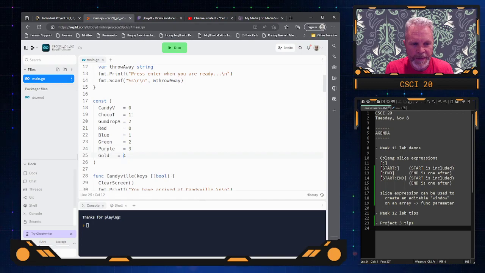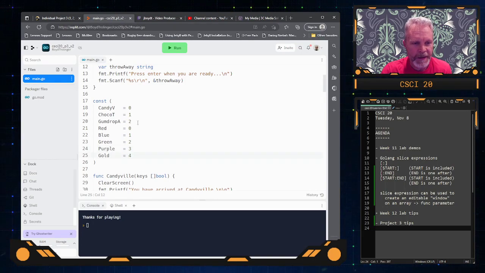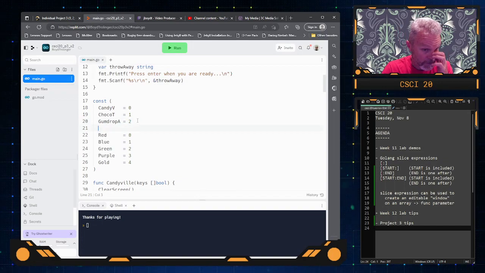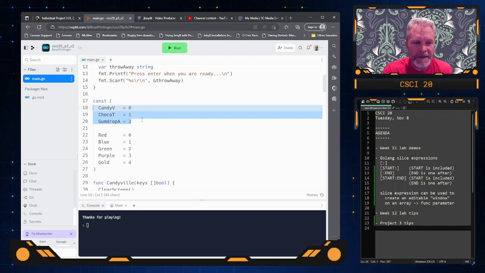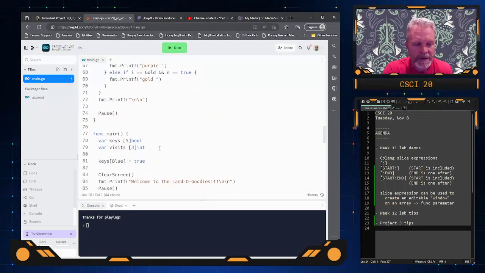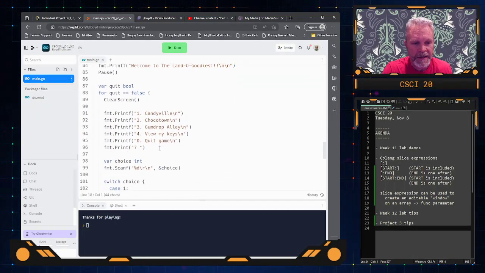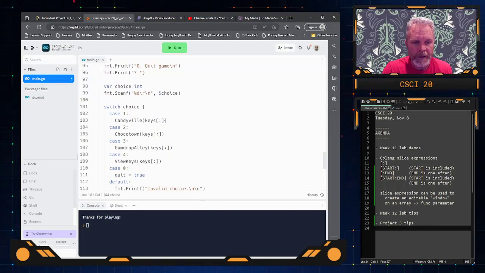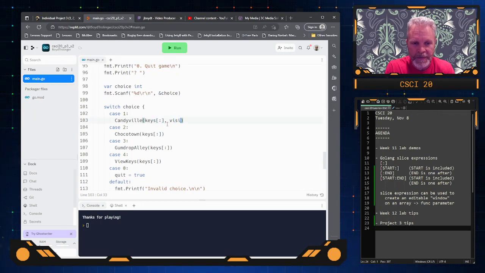This doesn't do anything other than make it look like I care what it looks like. I think I can probably put a blank line in here. Okay, so now I can do the same thing with my visits. And what I can do then is pass my visits. I'm just going to do Candyville as an example. So Candyville, I can pass the keys and the visits